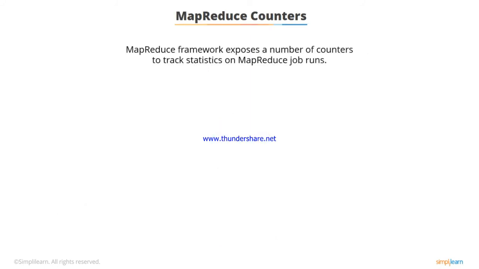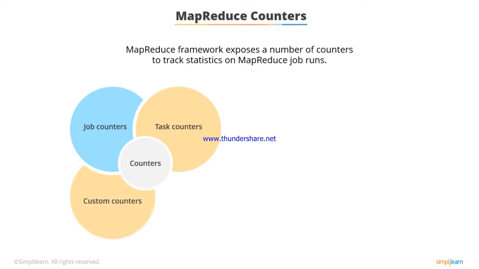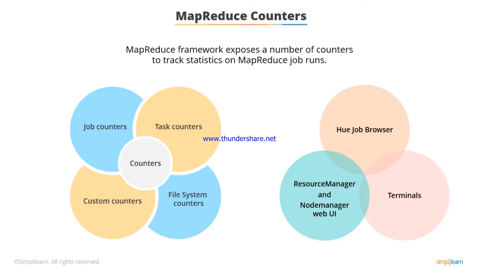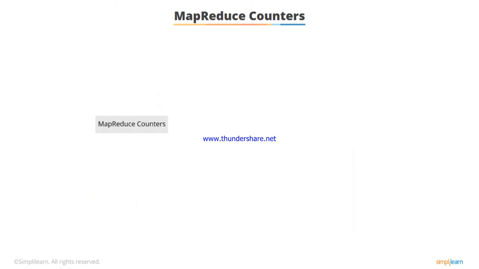MapReduce framework exposes a number of counters to track statistics on MapReduce job runs. These counters can be further categorized into 4 types: job counters, task counters, custom counters, and file system counters. These counters can be viewed from Hue Job Browser, Terminals, Resource Manager, and Node Manager Web UI. Some of the MapReduce counters generated by the MapReduce framework are